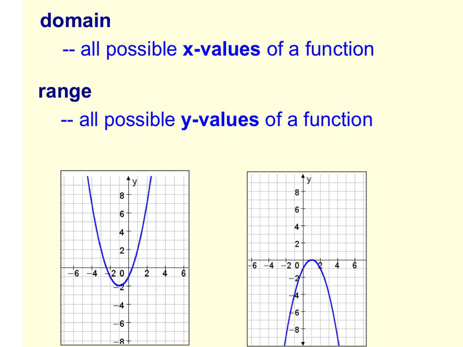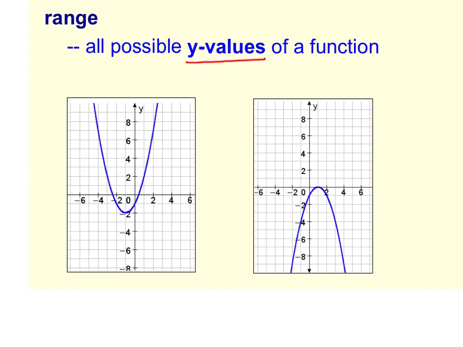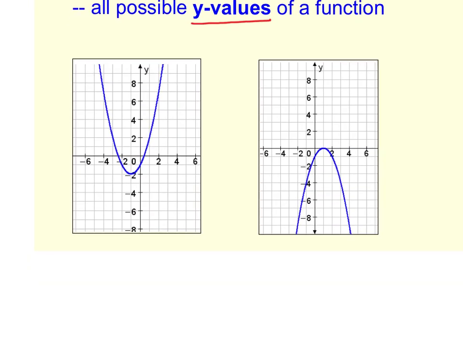All right, domain. Domain and range, we've probably discussed before, haven't done a ton with. So with these graphs, we're going to talk about the domains. Domain is all possible x values of the function. Domain is your input. Range is the output, which is all your possible y values. So we can figure out the domain and range just by looking at the graphs, which is kind of nice. This first one on the left,